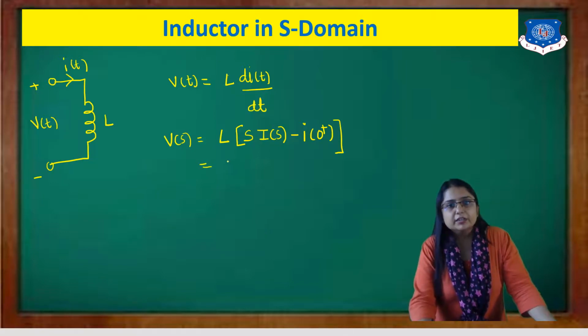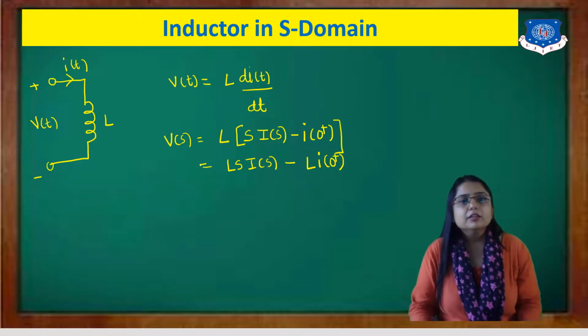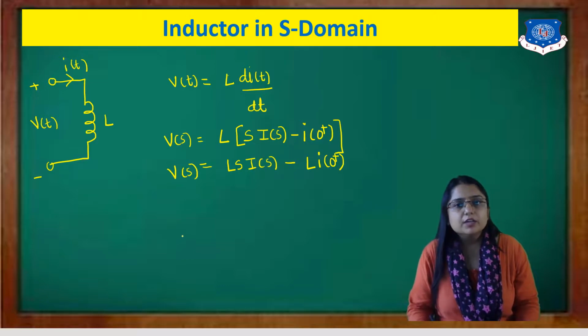Here what we will get? Ls into I of S minus Li0 plus. Alright. So this is the equation of what? It's a V of S. Now